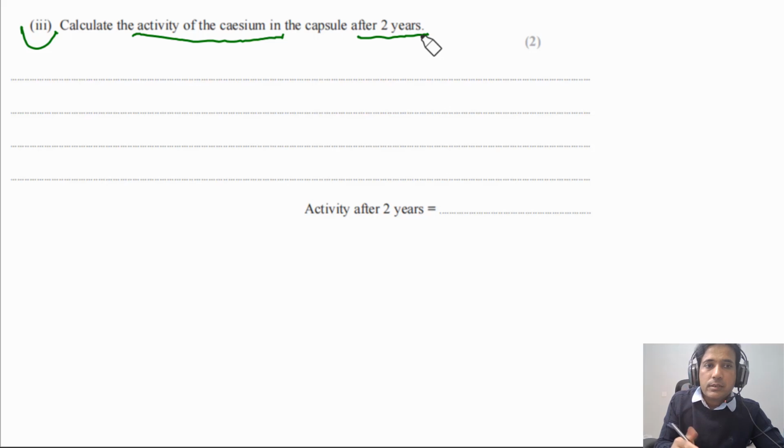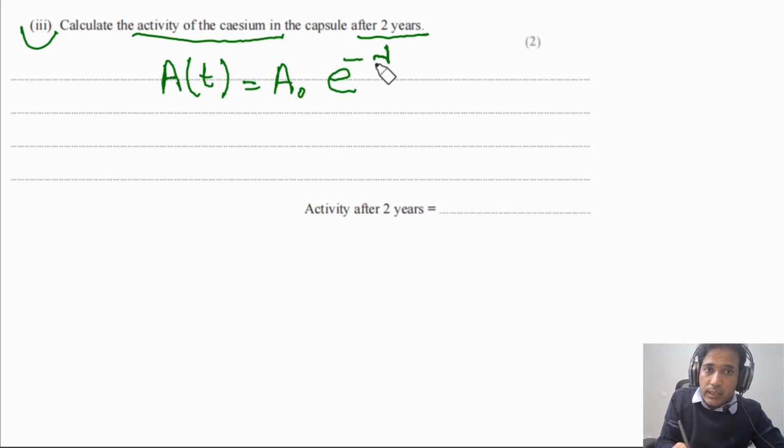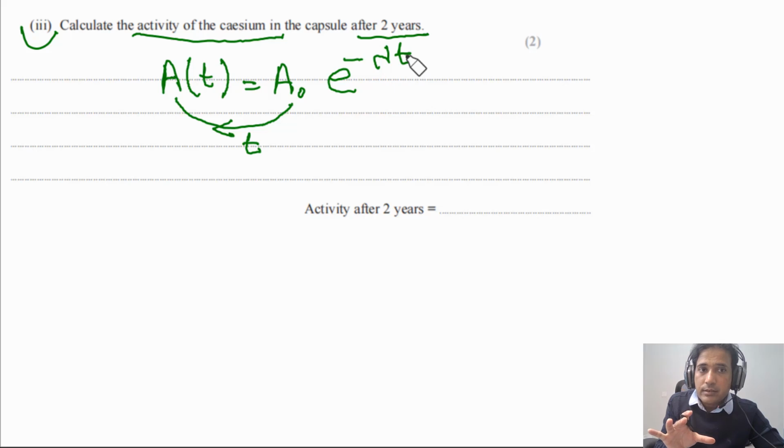Very straightforward question. We have the initial activity. Now we need to find out the activity after a certain period of time. So A as a function of time is equal to the initial activity times e to the power of the decay constant times time. Time passed means, when this activity decreases to this one, how much time has passed, that time is here. So this is the activity, the remaining activity after time t, and this is the time taken for the initial activity to decrease